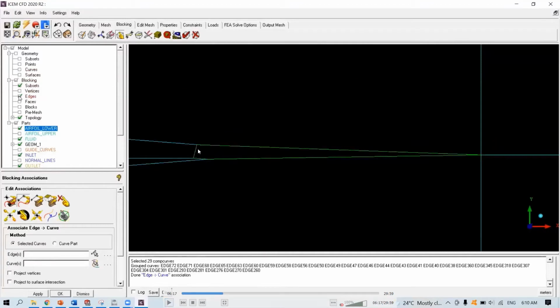Notice that once the edges are associated, it will turn green. Those that have not been associated yet are in light blue. So actually, this one will define our airfoil. This one is just straight lines for now, but it will eventually follow the guide curves after associating it.